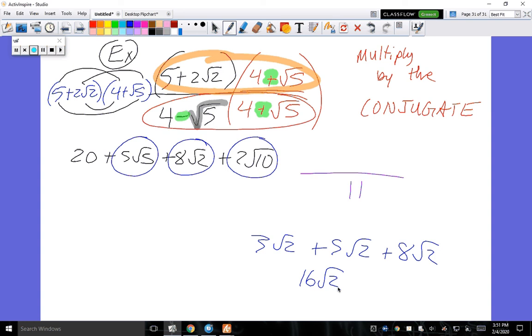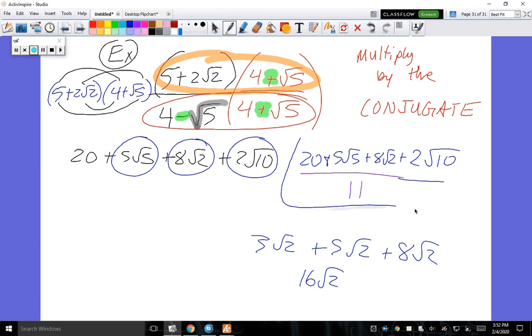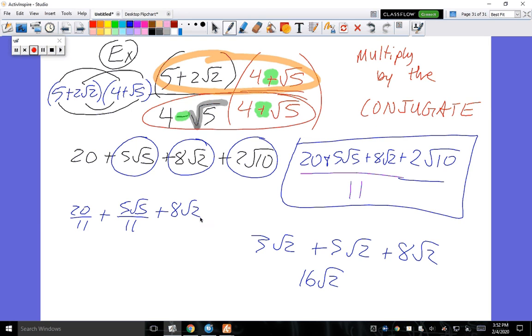So, none of these are the same. They're all over 11. So you could write it out, your final answer. Sometimes you will not be able to group stuff together, and this could be your full answer. I know, very gross, right? Or you could have written 20 over 11 plus 5 root 5 over 11, 8 root 2 over 11,